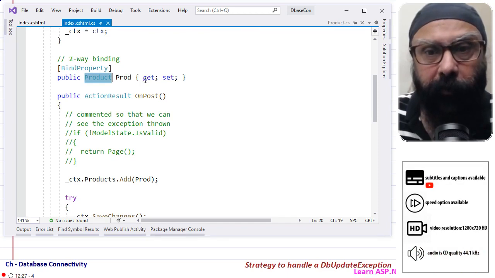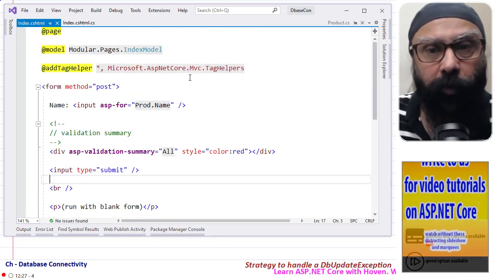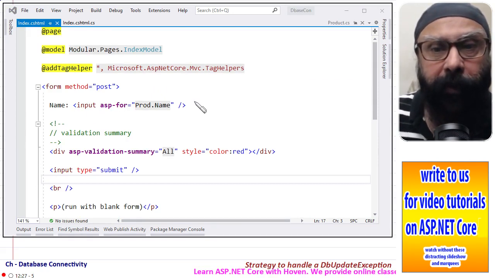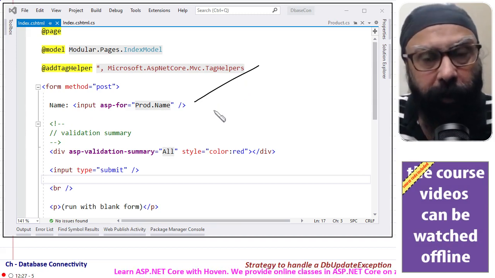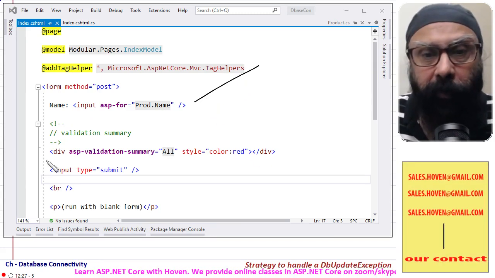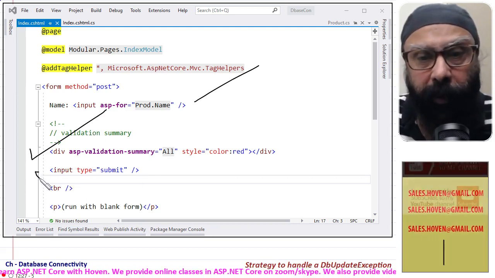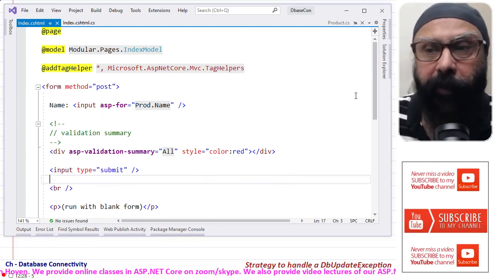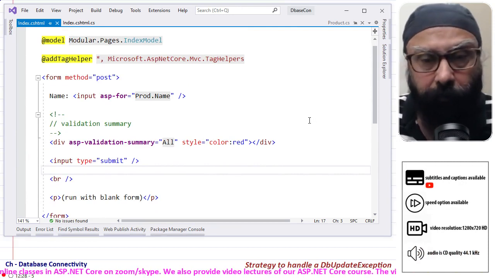So with this model in place, product bind property, we come to the backing class, and now you can see the whole story: this is an input that is connected to the Name property of our bind property, and then we have a validation summary also, and input type is submit. This is the whole form that we have created on the Razor side.